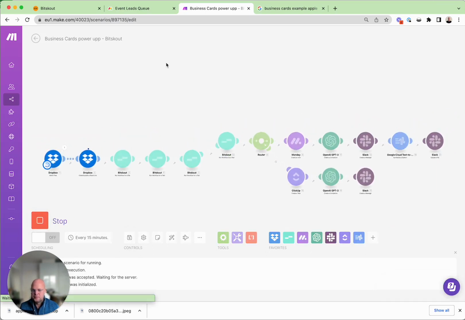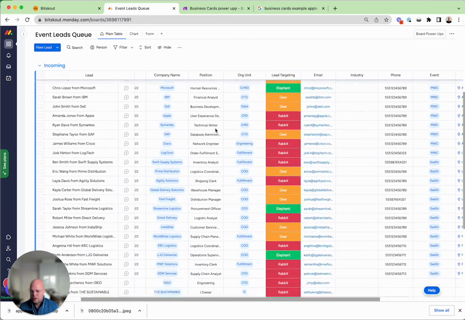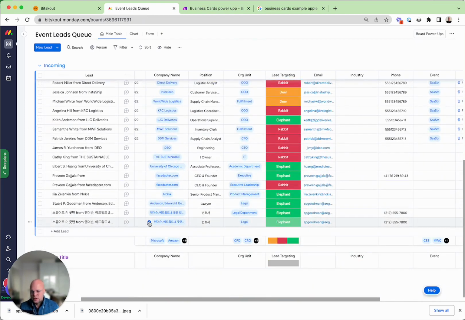So now we have our business card. Now we're extracting our data. By the way, Bitskout works with various languages, not necessarily English.